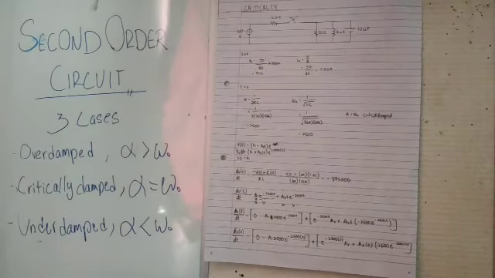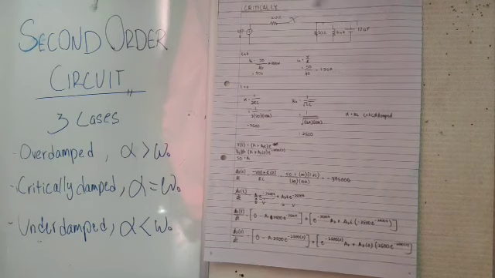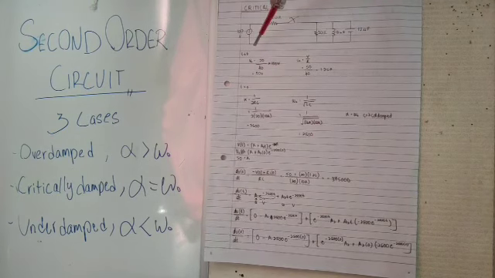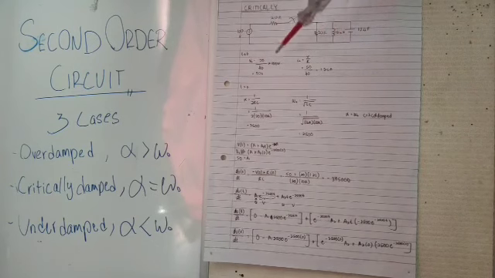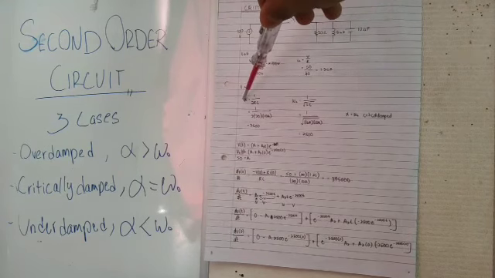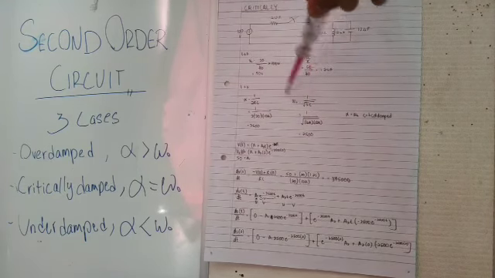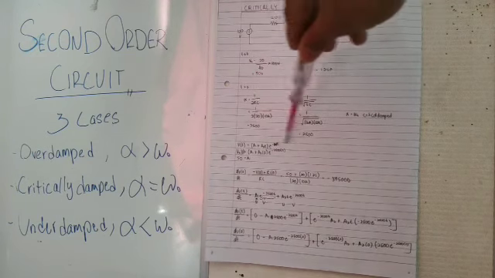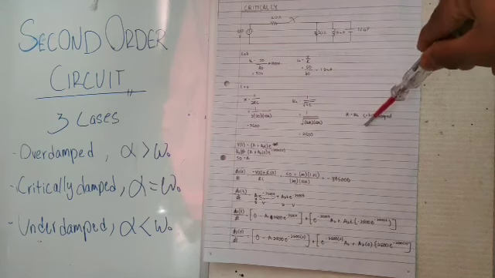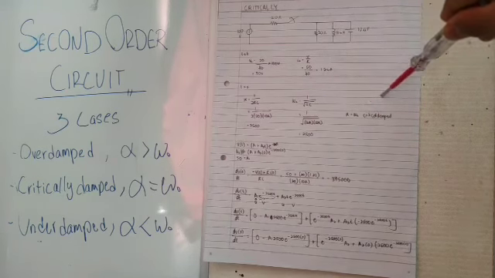So this is the example of critically damped. We just use the same circuit as before, so just follow the same steps. When t less than 0, we will find the V0 and I0. So just use the voltage divider, we will get the V0, and use the Ohm's law, we will get the I0. After that, when t greater than 0, we can find the alpha and omega naught. From the answer, we will know the value of alpha is equal to the omega naught. So this is the critically damped case.